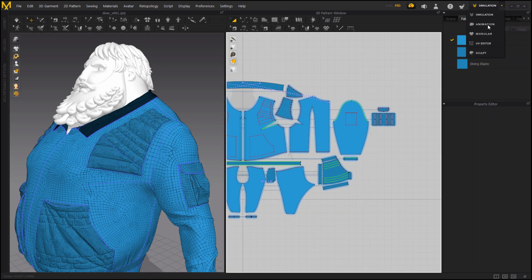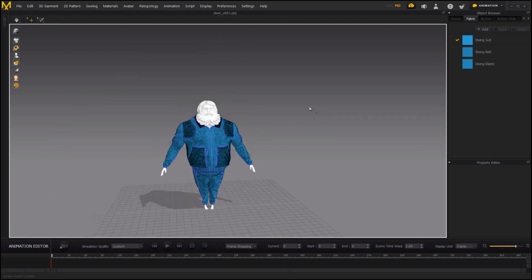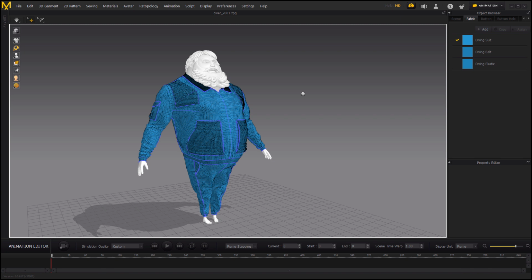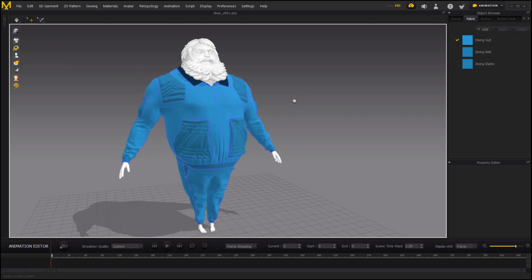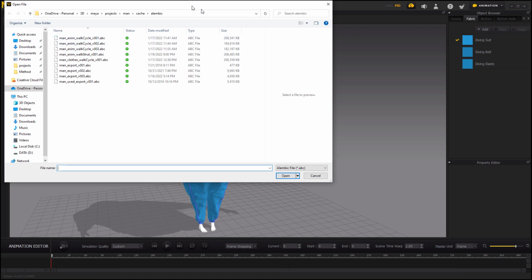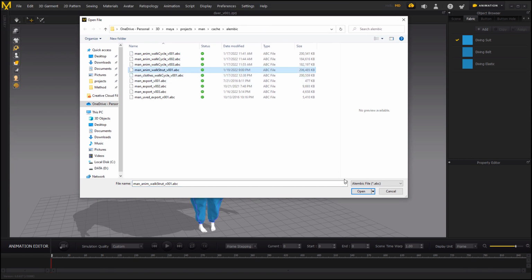Then we can go into animation, and in animation is where we'll start animating. Now, there's nothing here to animate yet, so what we need to do is import our Alembic. I already have my character in here in T-pose, so now I'm going to go into File, Import, and you don't have to set anything special, just click Import Alembic, and we'll import the strut walk, the walk strut, click Open,